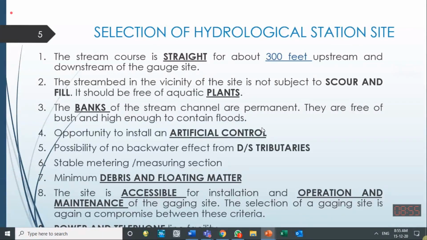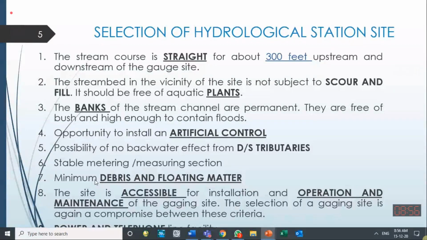That is related, again, to sedimentation and deposition. The station at which we are measuring should be stable. It should not be changing its size or its cross-sectional dimensions. So it should be stable. There should not be much debris and floating matter. A reason for that is if there is much floating matter over there,